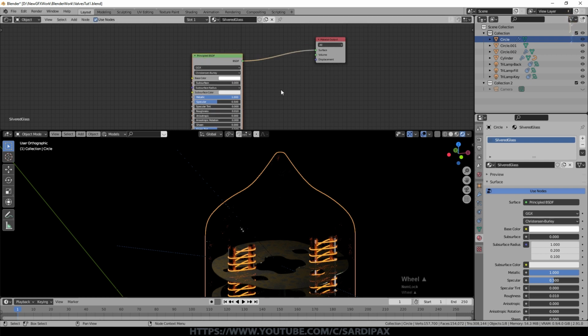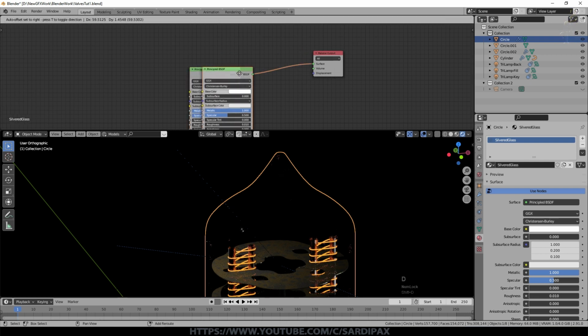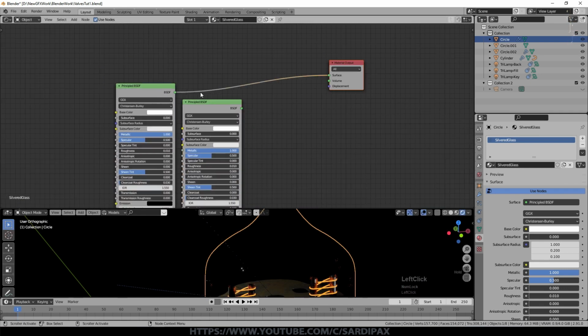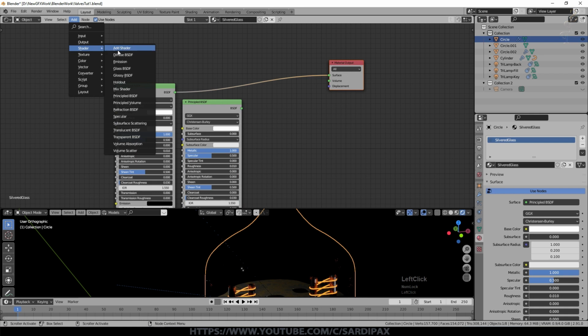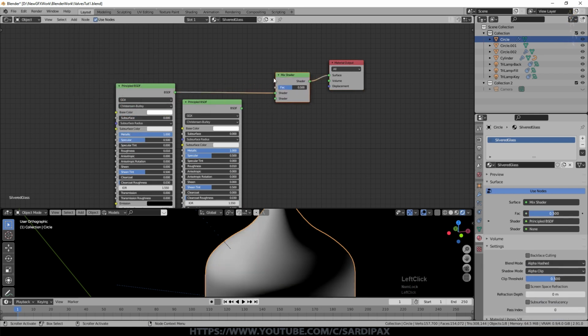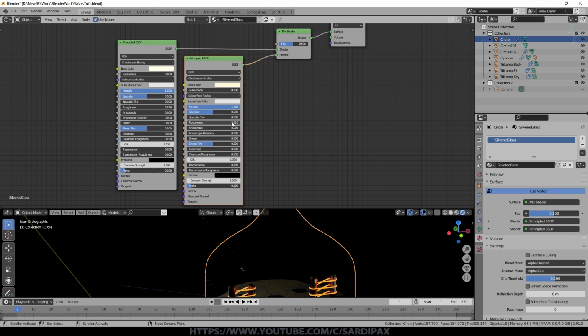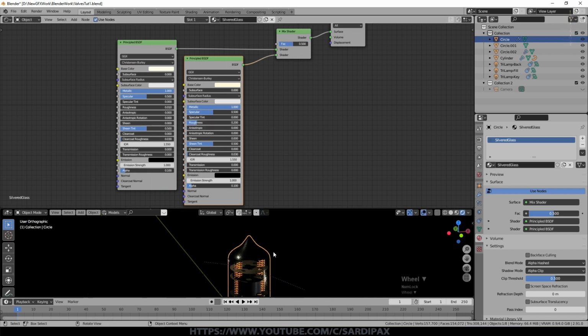It can affect some things. So I'm going to duplicate the existing principled shader, so zoom in on that a little bit. Then I'm going to add a shader which is a mix shader. Drop that there and put the other principled shader into the other side. So at the moment it doesn't do anything because they're both the same. I'm going to make both the glass, I think, and particularly this second principled shader slightly yellow, but I'm going to turn the roughness of this second principled shader up to about 0.2. And you can see that's now made it very silvery.